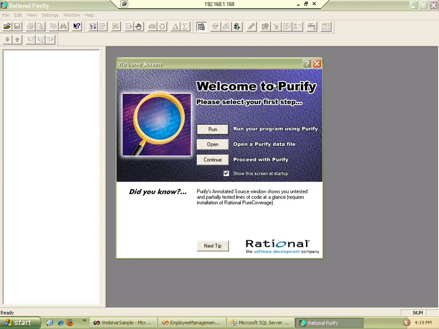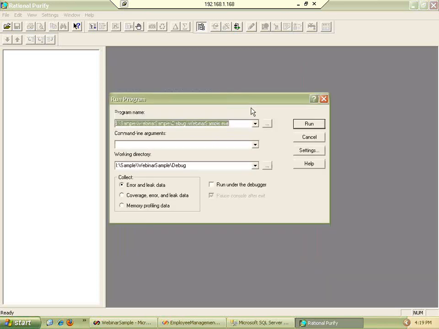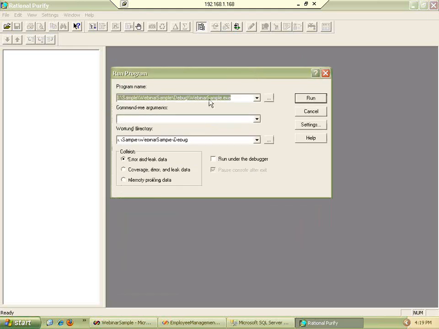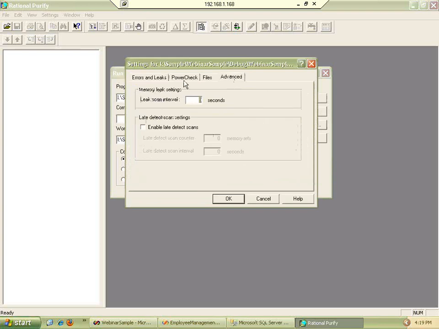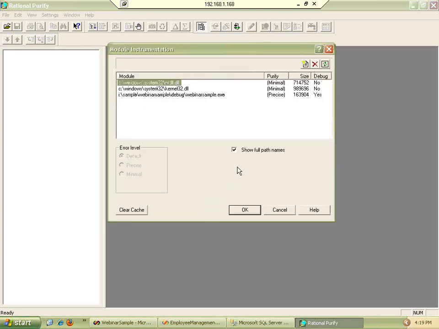One person has asked, is it open source? No. This is a paid software. So this Rational Purify Plus is not an open source. Now I click Run. We have created a file, an example, that is this example that I showed you, which has got a memory leak. Now what I'm going to do is, just hold on a second. I'm going to